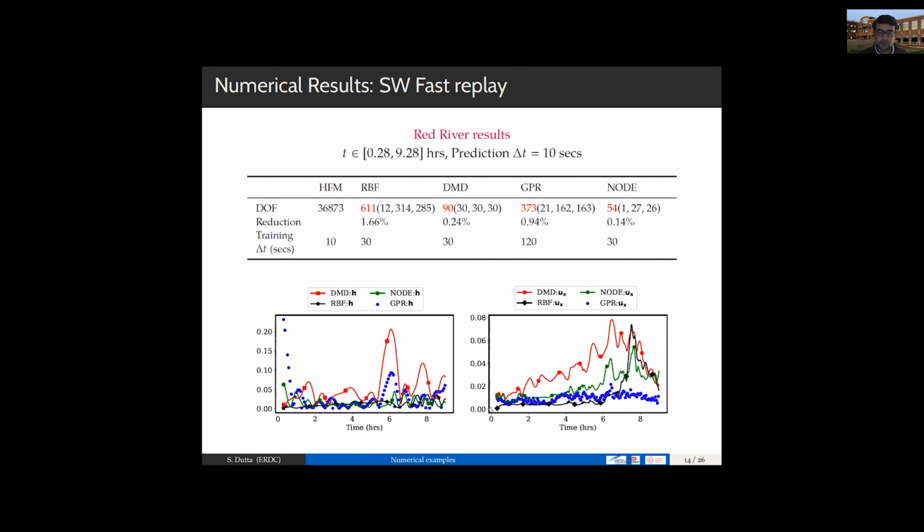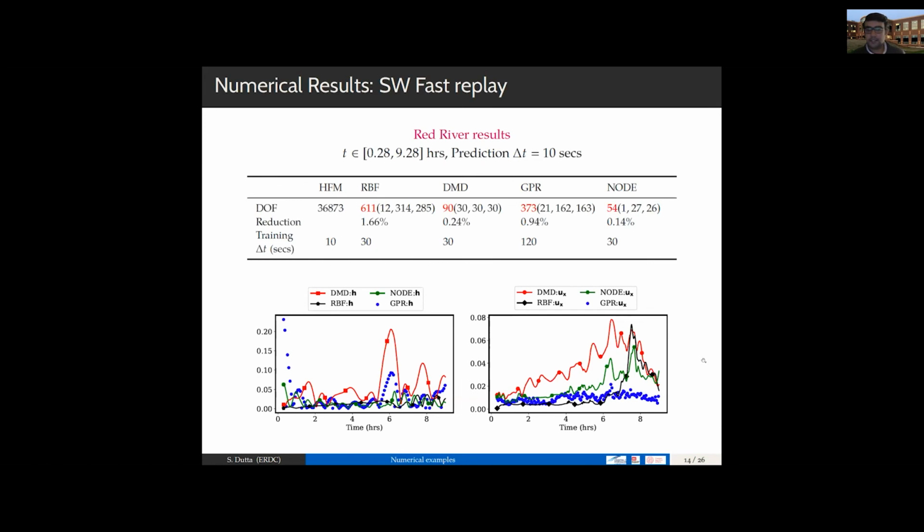So this first figure is a much coarser basis for the DMD, and you can see obviously the DMD predictions are the worst, whereas almost all the other methods maintain their previous characteristics. There is some accumulation of error with RBF. The node actually does pretty well. It remains within about 5% error over the time,